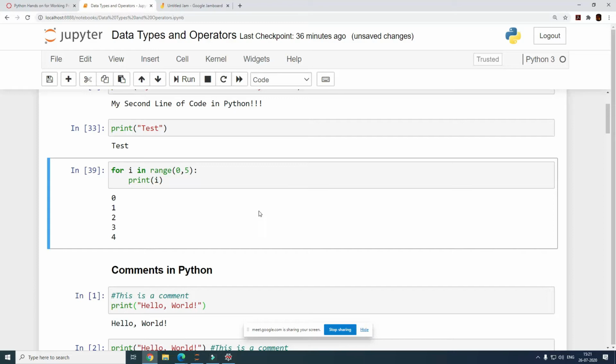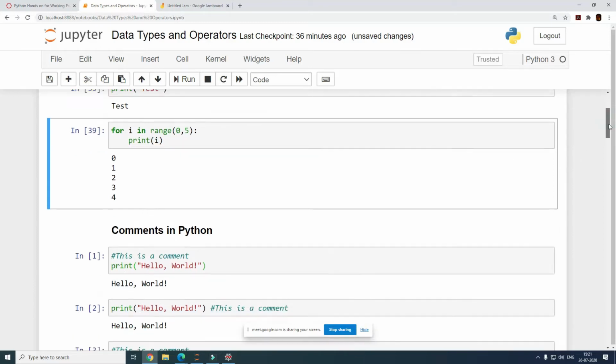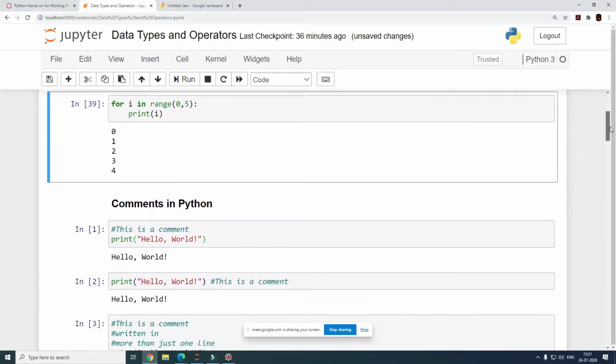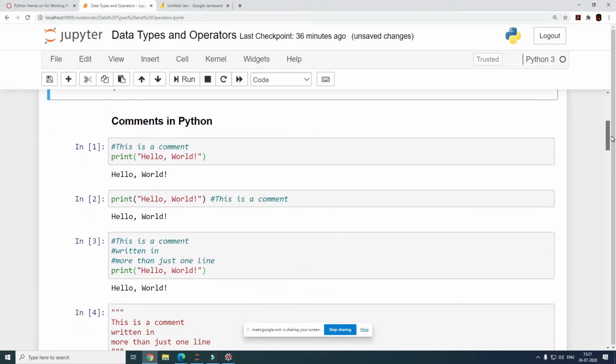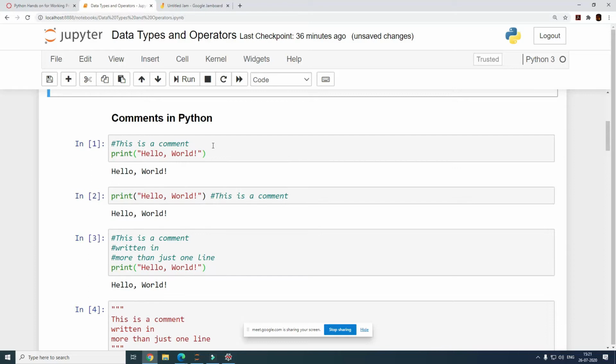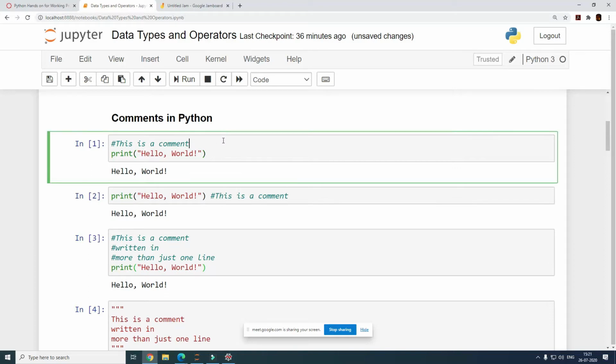So moving on, guys, this is a very simple concept, just to give you a feel of how to write the syntax. Now let's get to how we provide comments in Python. Now for any programming,